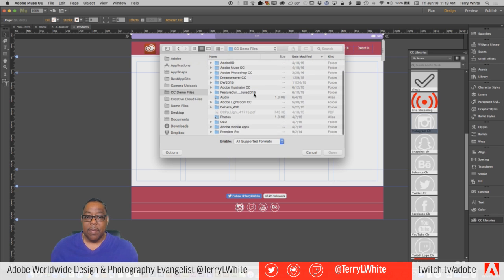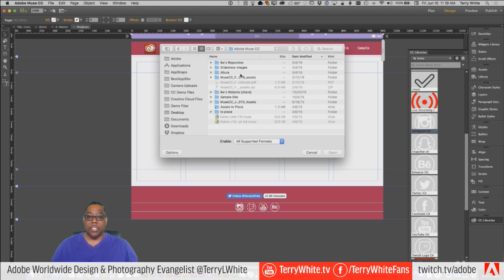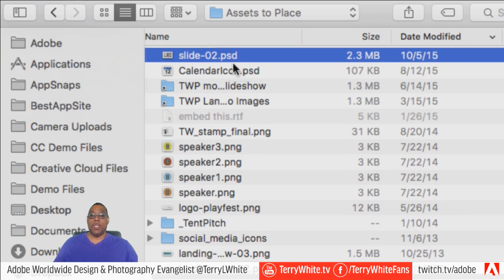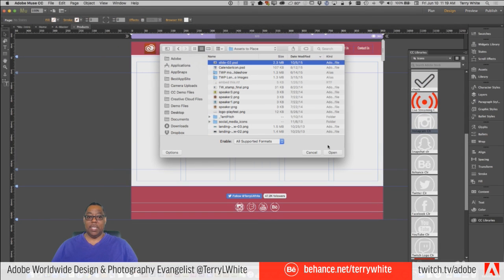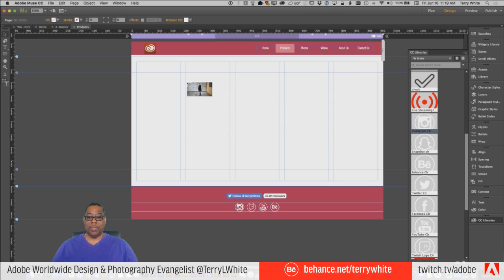I should have in my Muse folder, which is right there, assets to place. And okay, note what kind of format this is. PSD. Yes, I can place a PSD in Muse. And I can import the composite image.